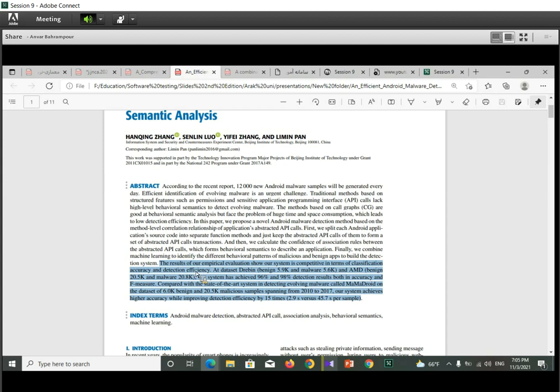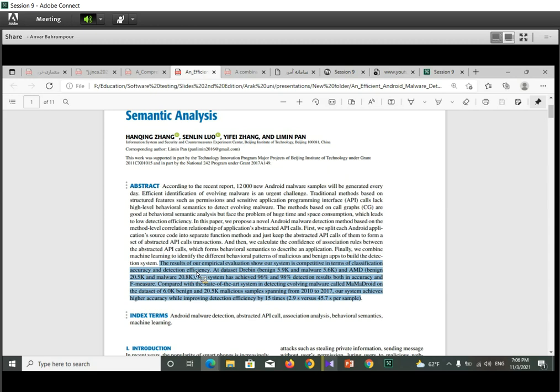I see this sentence as being about two evaluation metrics for this work, which consist of accuracy and detection efficiency.